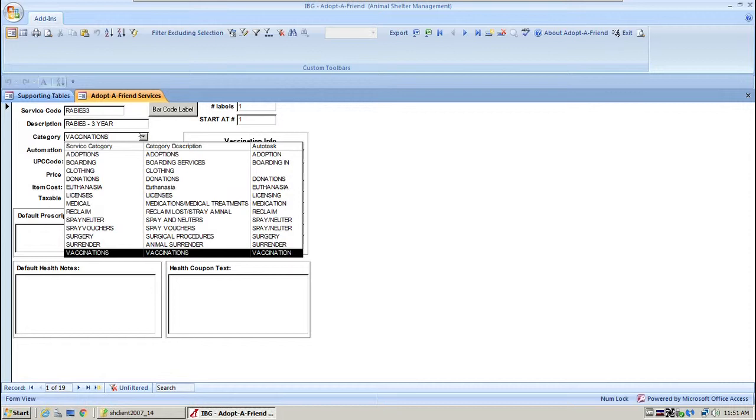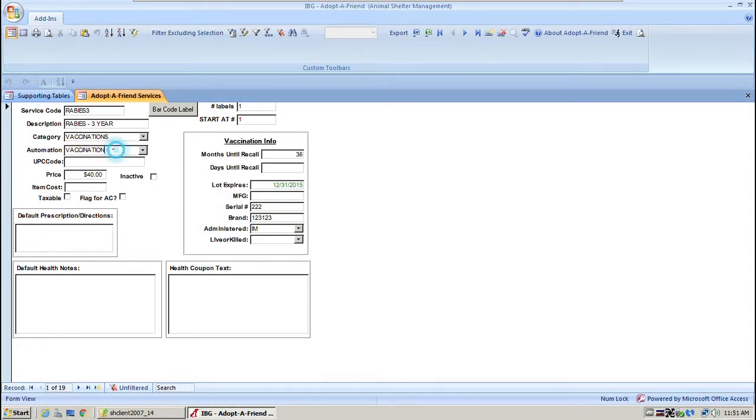Wherever you see drop-down menus, almost all of them, there's a place where you can go into a supporting table and set up what's in that drop-down. It's all customizable. Then another concept that's a little more difficult until you see it in action, we have something called the automation. These services that have automation will trigger a certain procedure during the